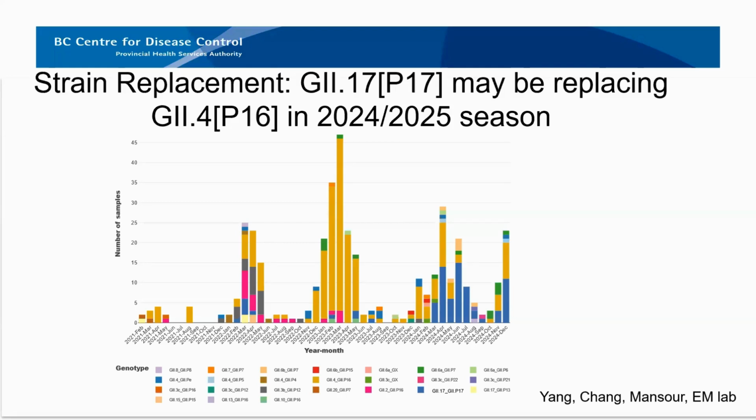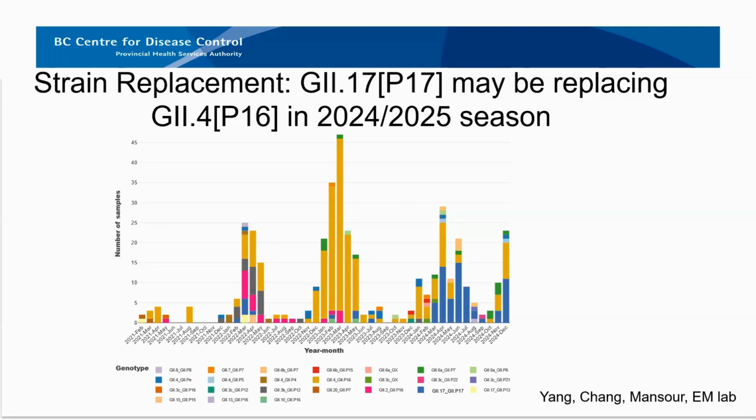And so what you can see is that there has been, over the sequential years, a shift from predominantly yellow, which is G24 Sydney, towards seeing more G217 P17. We are not like what Mayank showed in the States, where they're at about 80% G217. We are still seeing a predominance of G217 P17 over G24 P16, but we haven't seen such a huge shift. We are over 50% G217, but not nearly that much. We do still see this split.